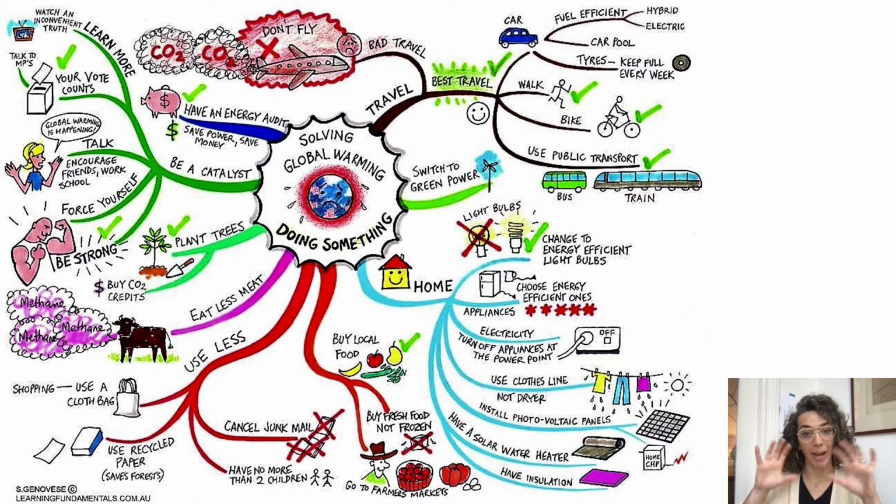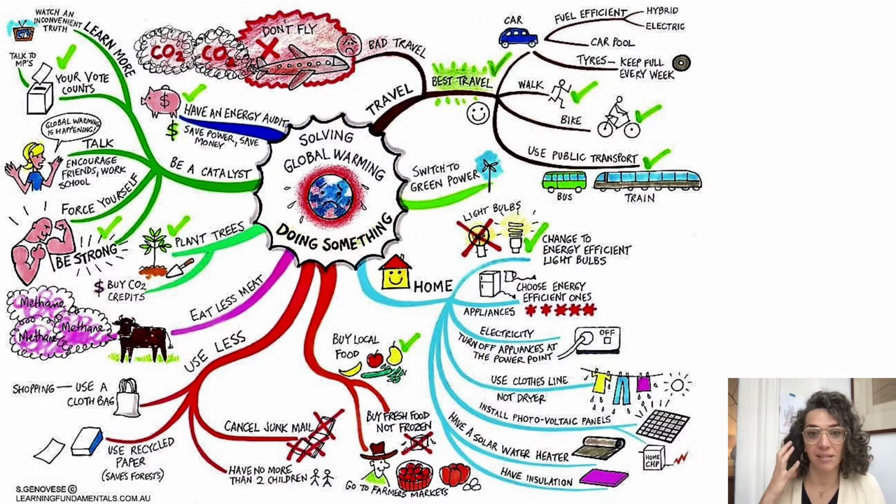So let's back up a bit. Maybe you're familiar with mind maps, which is something that you see here. Mind maps are intuitive and hierarchical. So you see one central concept in the middle, in this case, solving global warming. And then you see branching areas coming off of it in different colors, and these are thematic, right? So we might talk about travel, the black branch at the top. There are different modes of travel, but there's also different results of traveling, right? Bad travel, don't fly, CO2, etc.